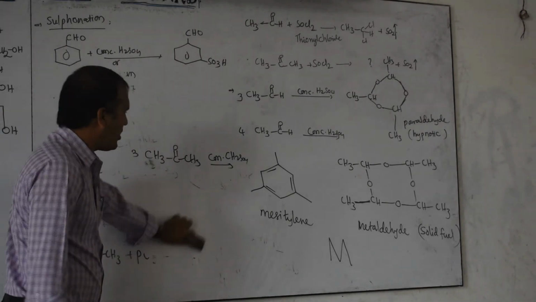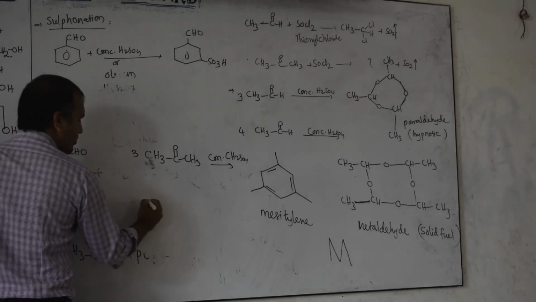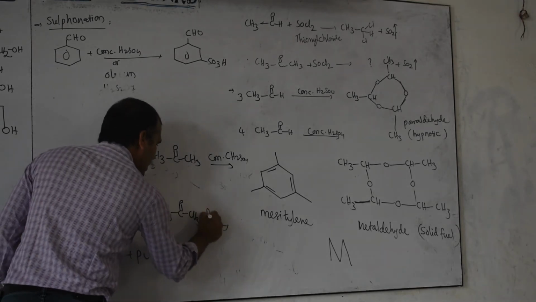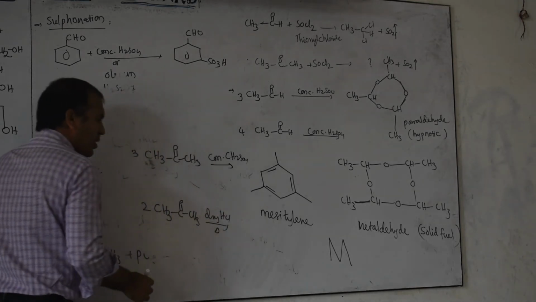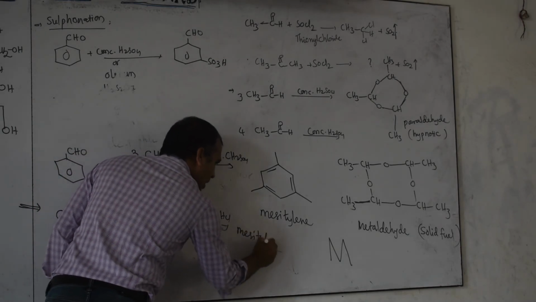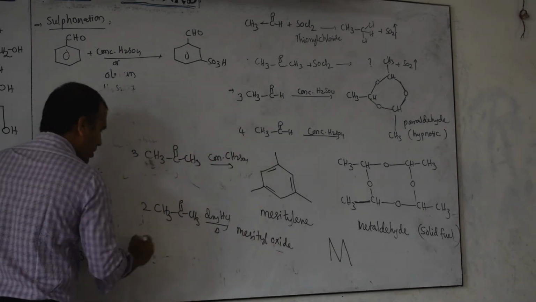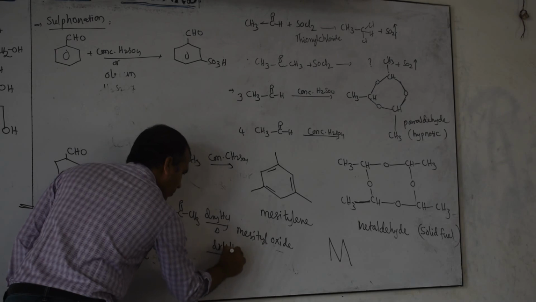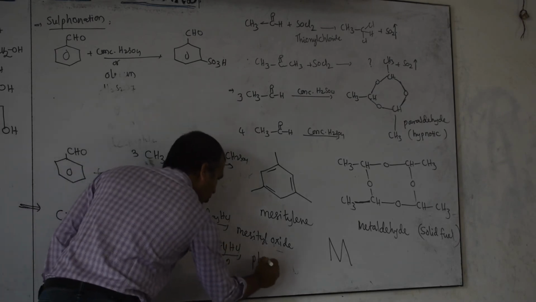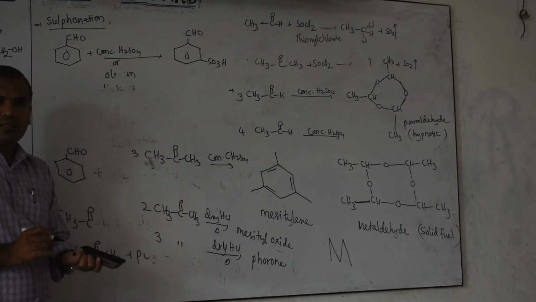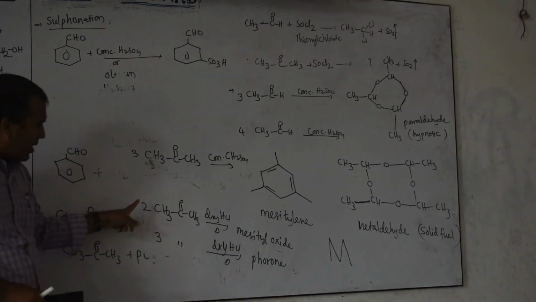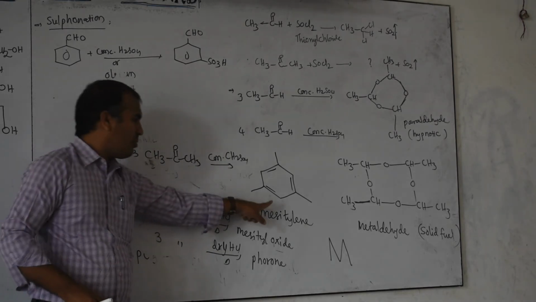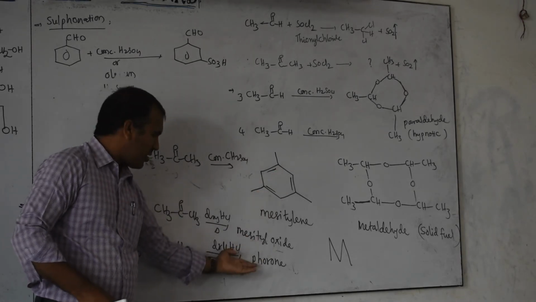But students will confuse here. One thing is there. When 2 moles of acetone, CH3 C double bond O CH3, react with dry HCl and heat, mesityl oxide is formed. When 3 moles of acetone react with dry HCl and heat, phorone, a 4-one, is formed. I already gave these in the organic reactions. Remember and check once. But here, concentrated H2SO4 is there. Then it is mesitylene. It is an aromatic compound. These are normal compounds.